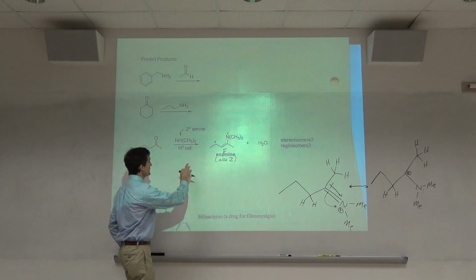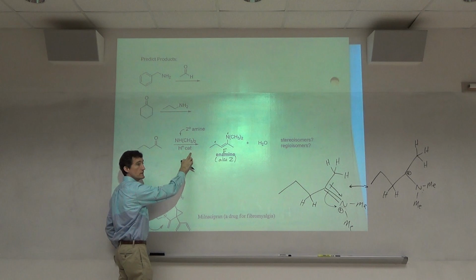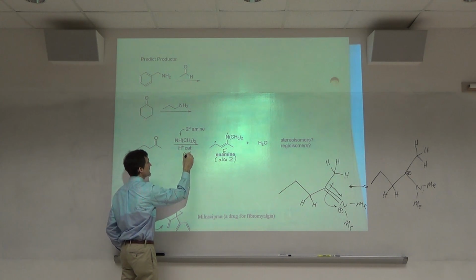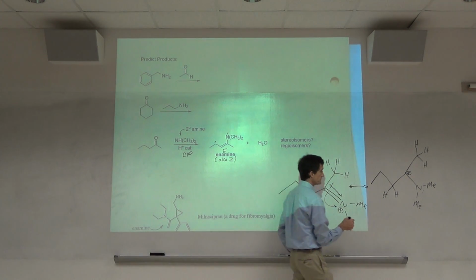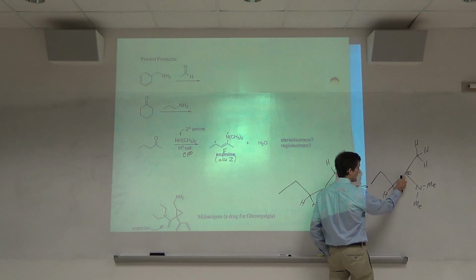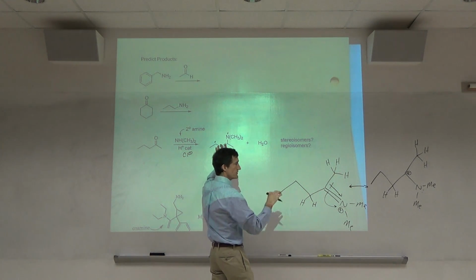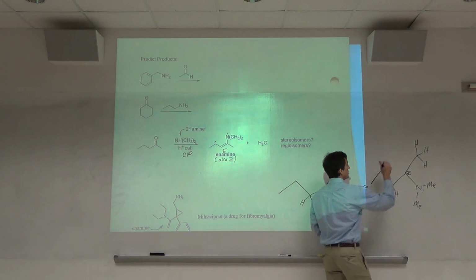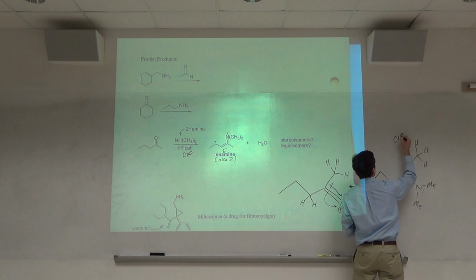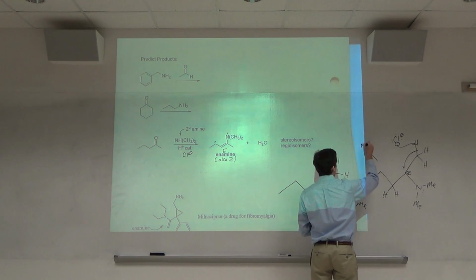What acid were we using in the mechanism here? HCl. We have a Cl minus. We take this H, put it in the double bond. We get this shown here, plus possible stereoisomers. But we could also have the Cl minus take one of these H's, the electrons move in here, and we get